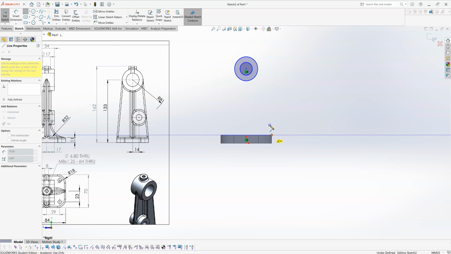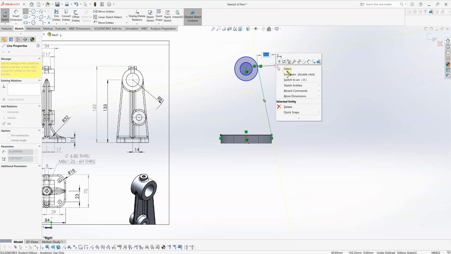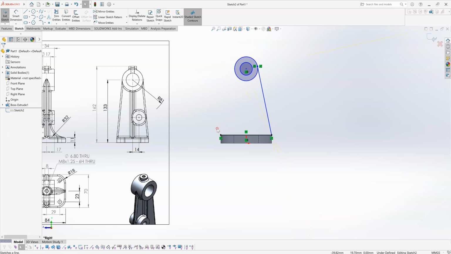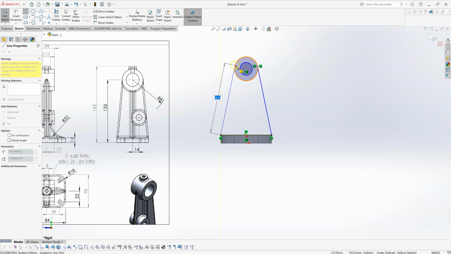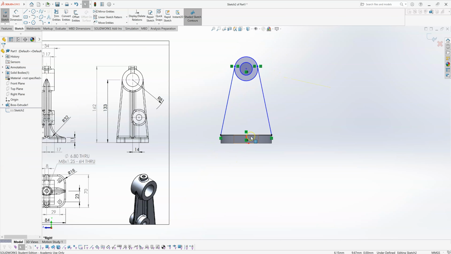So I'll create a line across the bottom, coming up tangent to this circle here, and another line from this corner coming up tangent here. Okay, and the line across the bottom is important because we want that to be enclosing an area, a solid area around here. I'll need to trim away part of that circle as well, so I can use my power